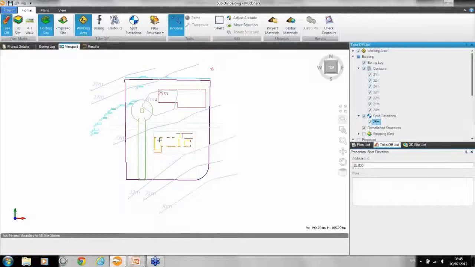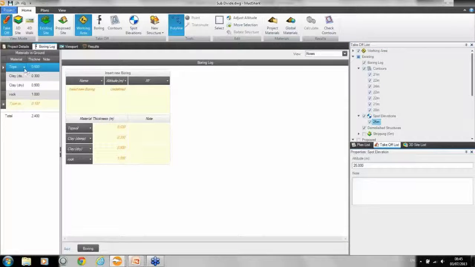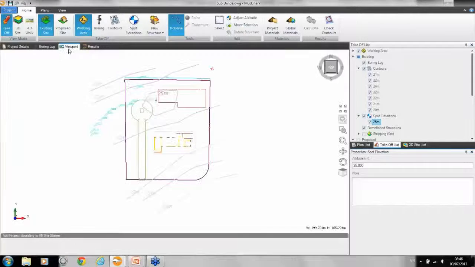Okay, it's only a very simple site, and what I've also done is I've actually gone into my boring log or my trial hole log. Okay, and I've nominated some small information here. I just did this one this morning before we began. So I've said that there's a topsoil level, there's clay, damp and dry, and I've some rock in my site. Okay, and as before, you can go along and you can nominate where you want your boring information to appear,